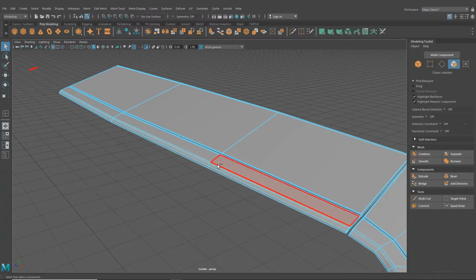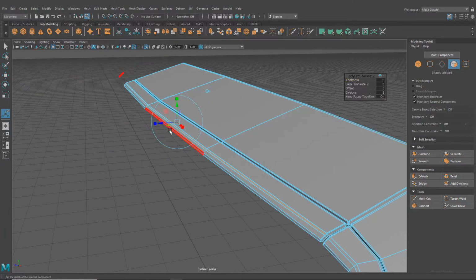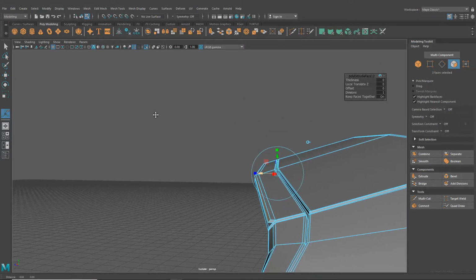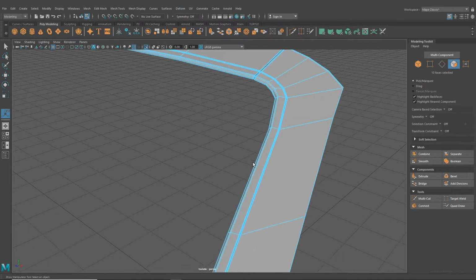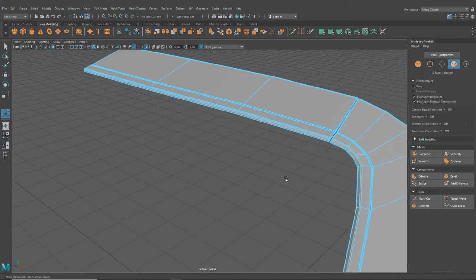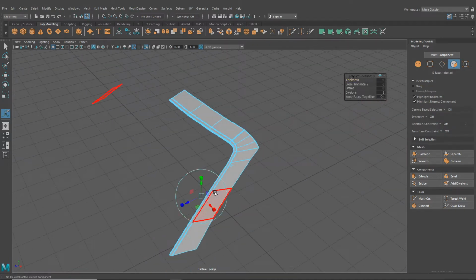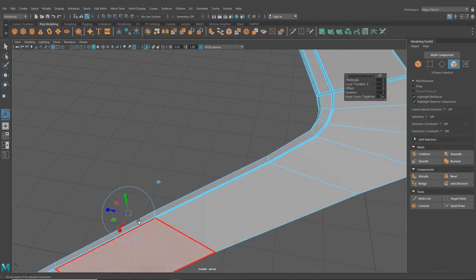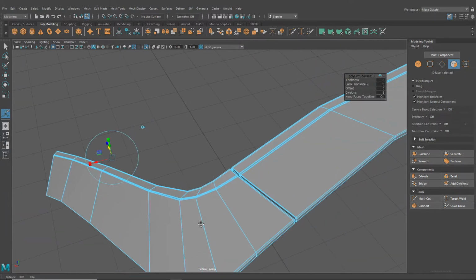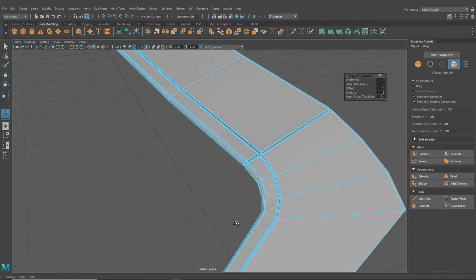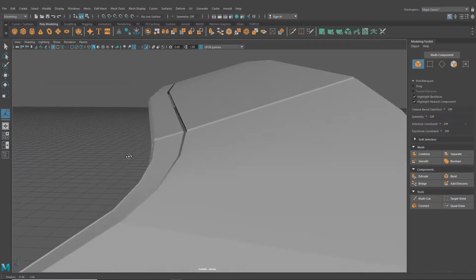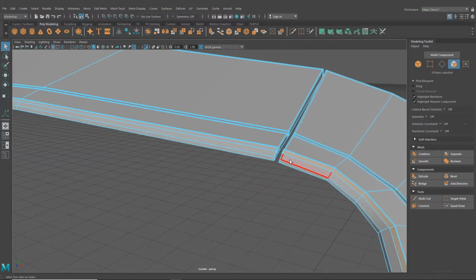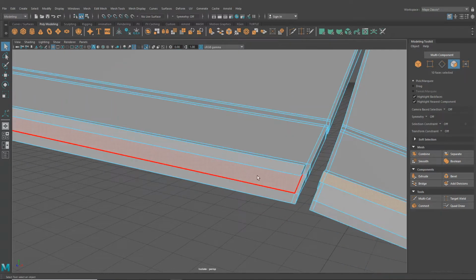I'm going to grab these edges and hit Ctrl E. I'm going to do this on the world, and I'm going to pull these forward only ever so slightly, something like that. And then let's grab all of these ones, hit Ctrl E, and we'll probably still want to do this on the world, something like that. Okay, so we've just got like a little lip there, and then for this rubber portion that we have,